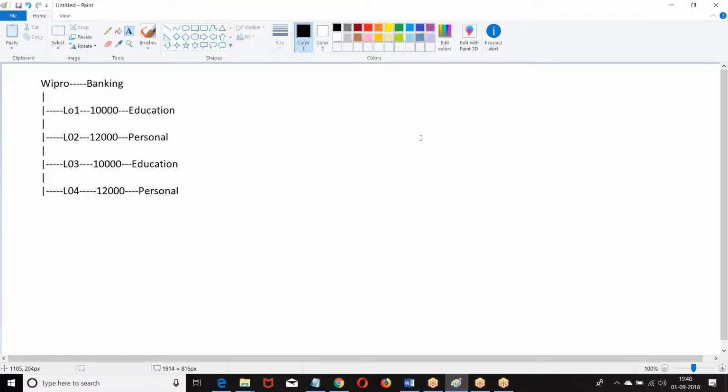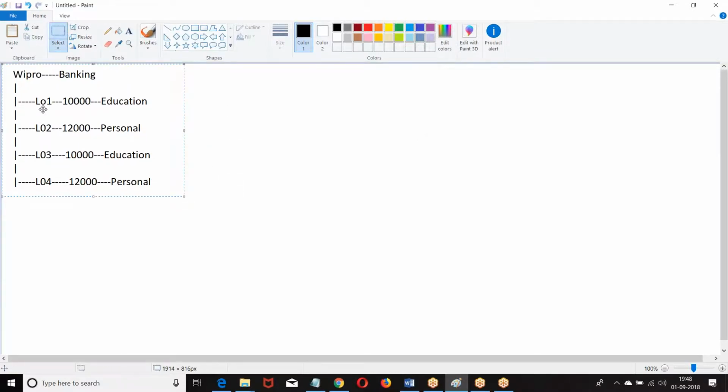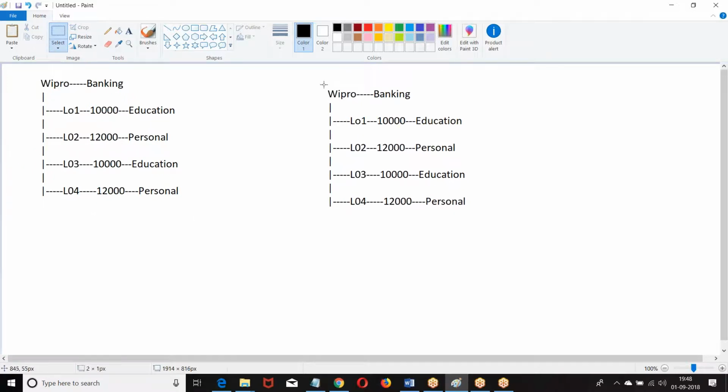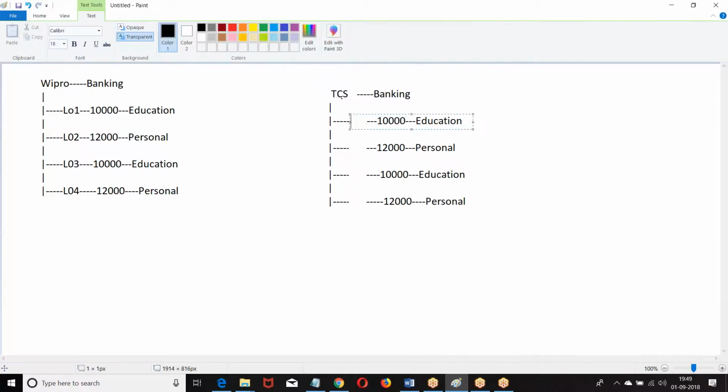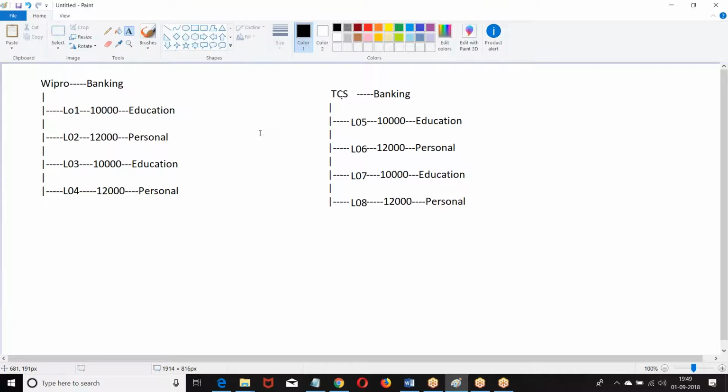Now I can say roll-up summary. Every master will have corresponding child records. Let us say this is one master, and these are the corresponding children. This is the master, these are the children. Now look at this. Every master has its corresponding children.